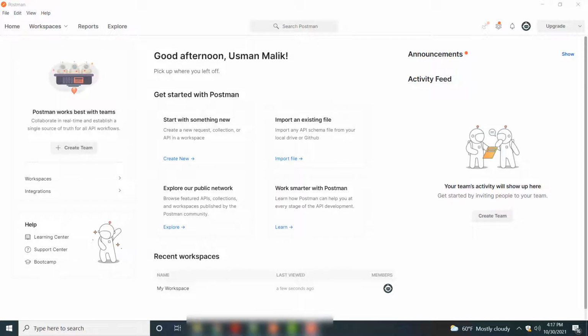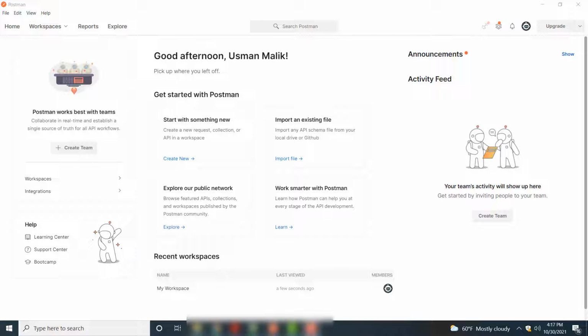Hello, in this video I'm going to show you how you can perform some of the most basic tasks with Postman. Postman is an API development platform which allows developers to create, design, share and test their APIs. They can simply create their APIs and then to test their APIs they can execute calls via Postman. Also they can share their APIs via Postman platform. So we will see some of the very basic tasks that you can perform with Postman.